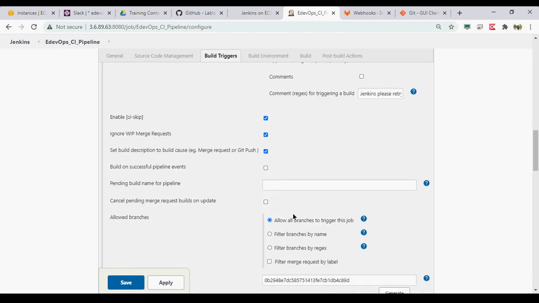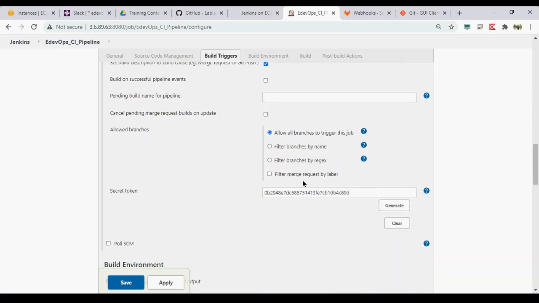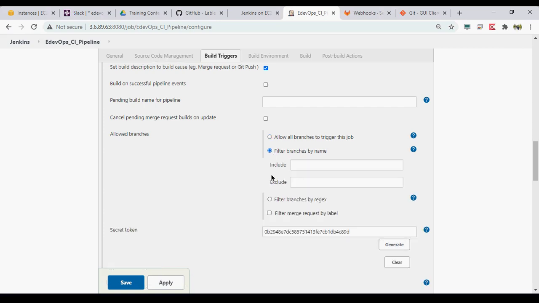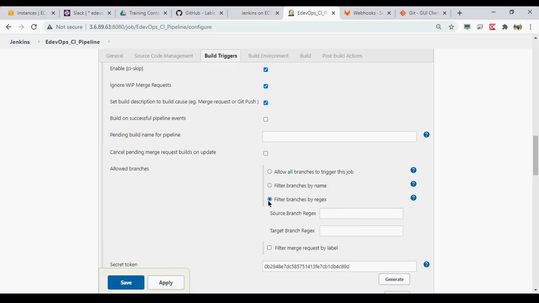There are multiple things which you can configure, and you can also configure which branches you want to allow. You can put a regular expression on a branch name, or you can specify a particular branch itself.